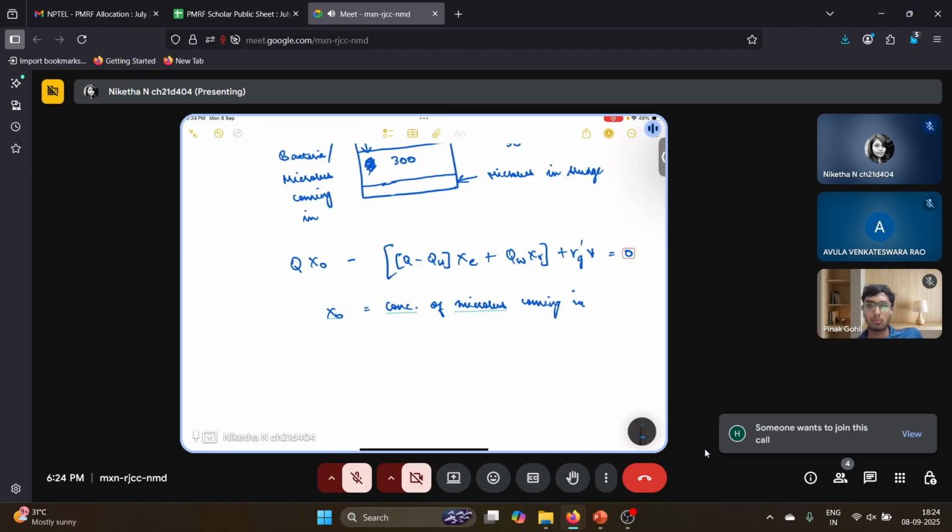And Q is the flow rate, so this concentration multiplied by the flow rate will tell you how much mass of microbes is entering. This can be in terms of kilograms. So this term will tell you how many kilograms of microbes are entering into the tank. Now this minus